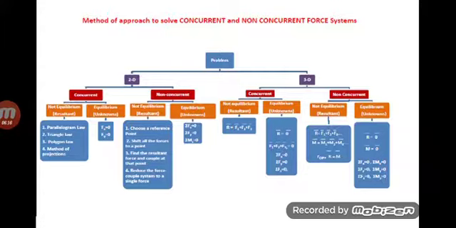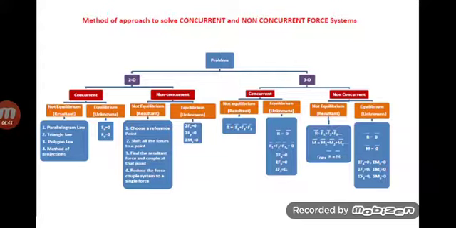In non-concurrent also we have two types, that is parallel and general. Like 2D, in 3D also in non-concurrent there are two types, that is parallel and general. In the first video I told it wrongly, I guess, but if you just see this slide, you can understand clearly. Okay. Next, in 3D, first one, concurrent.